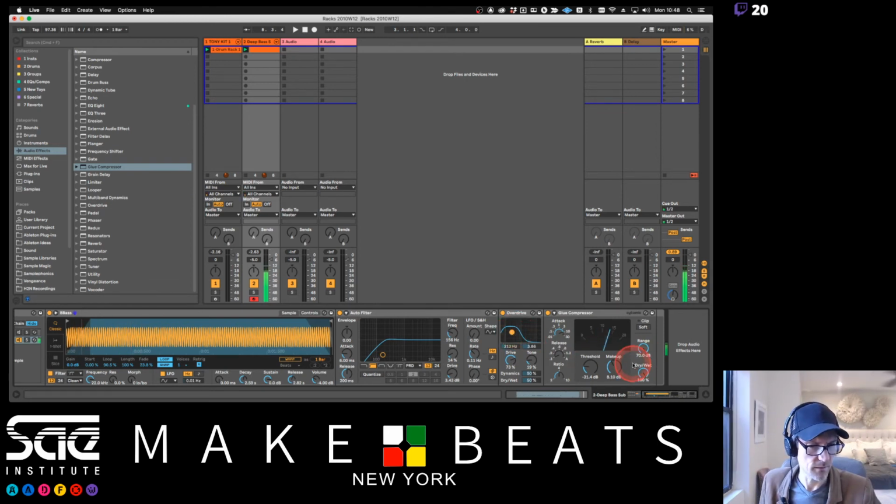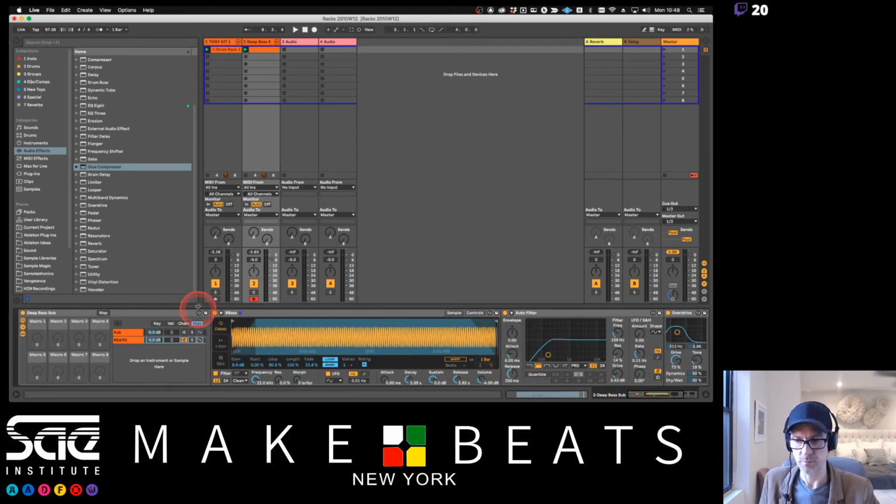All right, so we got that kind of bit of nastiness in there. Notice how it doesn't have any low end in it. That's okay. We're going to have the low end coming from this other instrument over here. So if I put the sub back in,